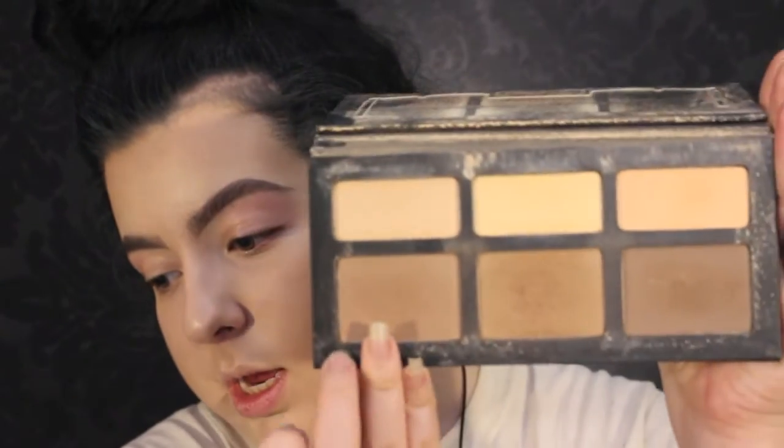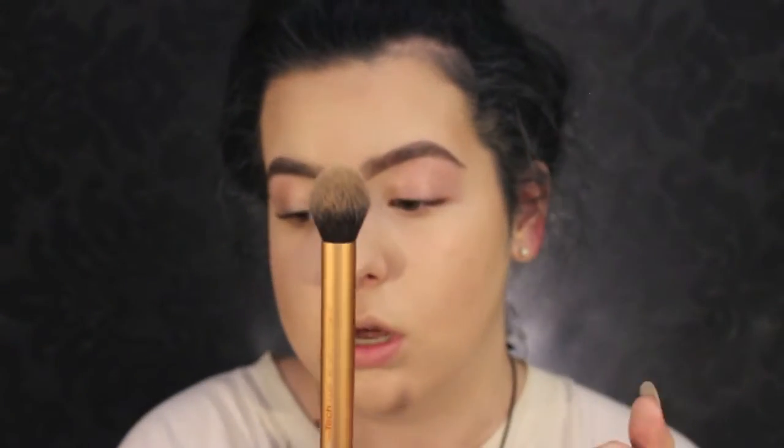Take a mix of that and the grey shade here, Subconscious. I'm gonna go under here. This is a contour brush from Real Techniques. It has a dome, and I feel like it just really gets into the sockets. So I'm going to take that Subconscious grey shade, dip into that, make sure there's just little powder on there, and just